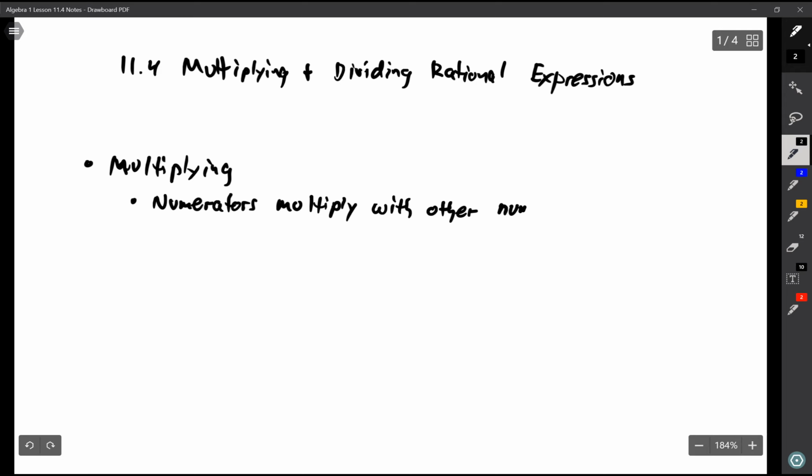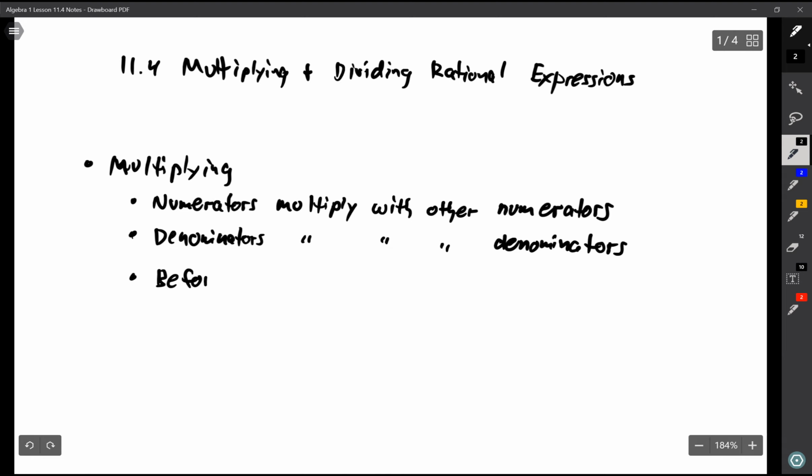And then same thing but denominators. Denominators multiply with other denominators. And then I could also say before and after multiplying,